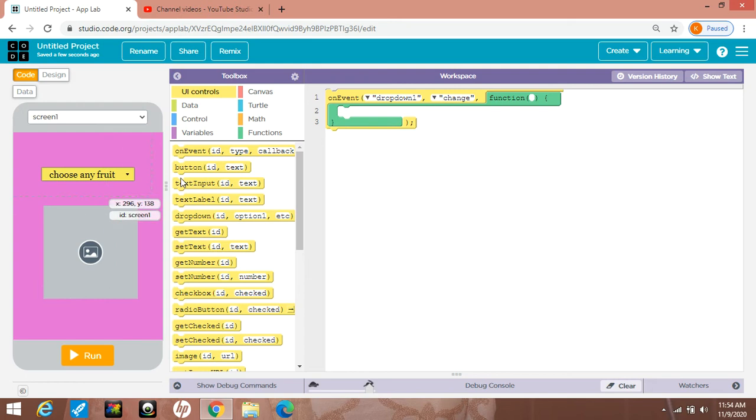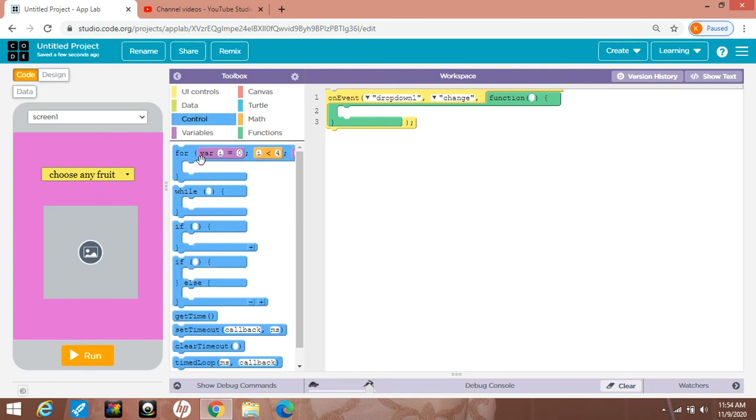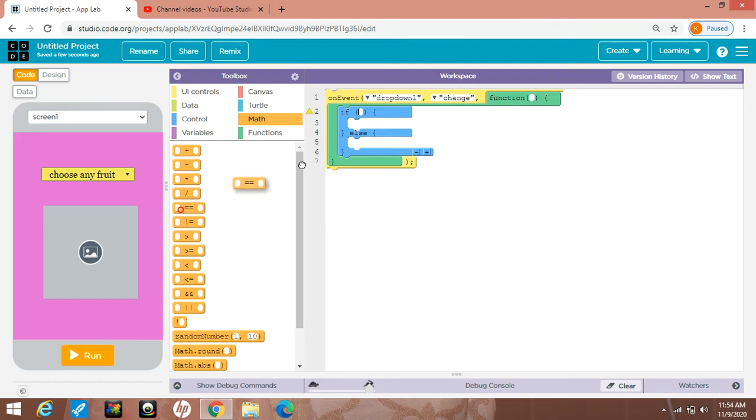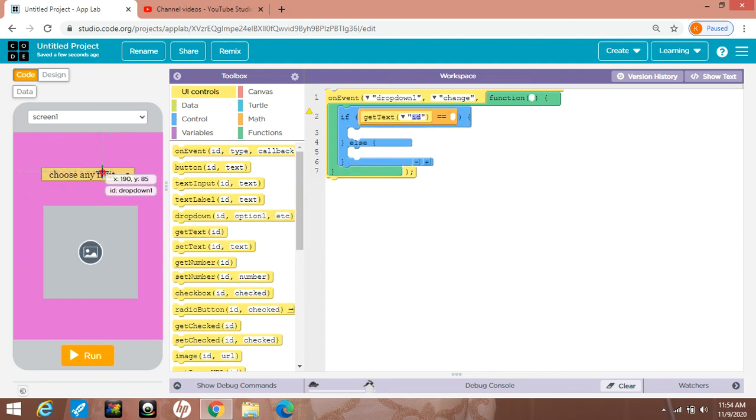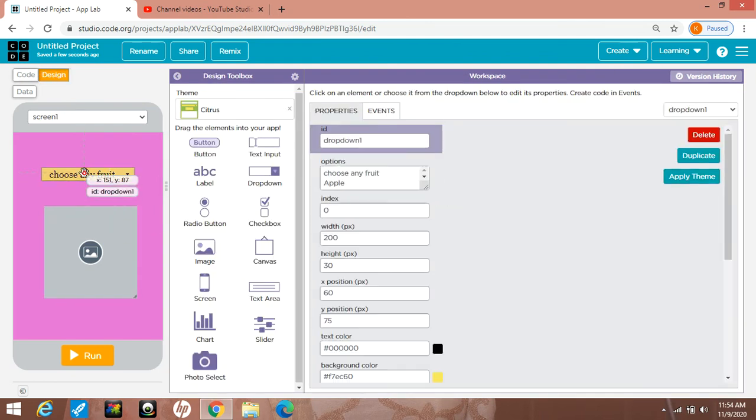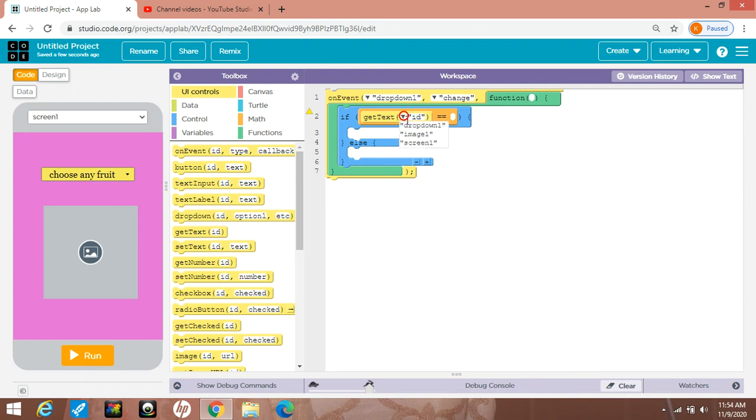For this comparison you will use if else. Go in control section and drag and drop this if else. For comparison you will use the double equal to sign and just drag and drop this double equal to. Then you will get the text from this drop down, get text. ID of this drop down, click on this, check the ID is drop down 1 here. I am encoding ID is drop down 1